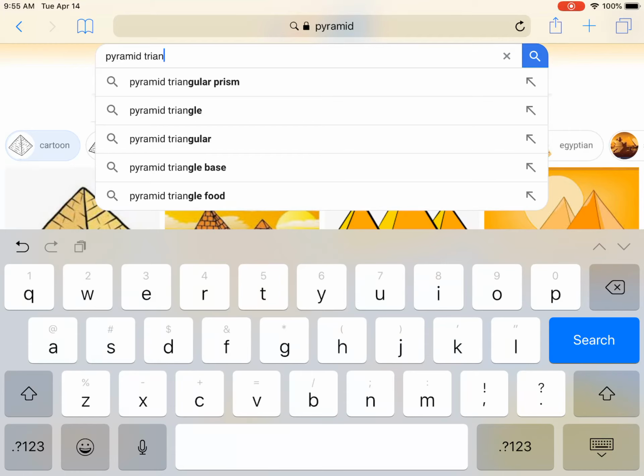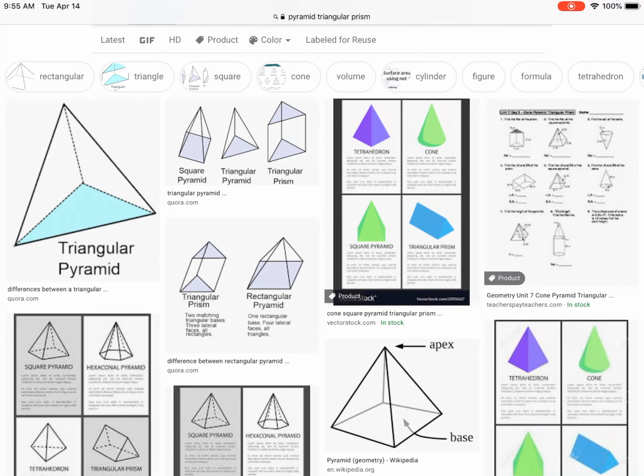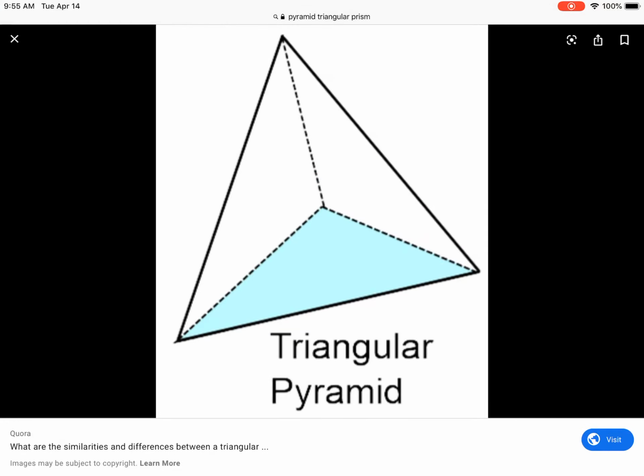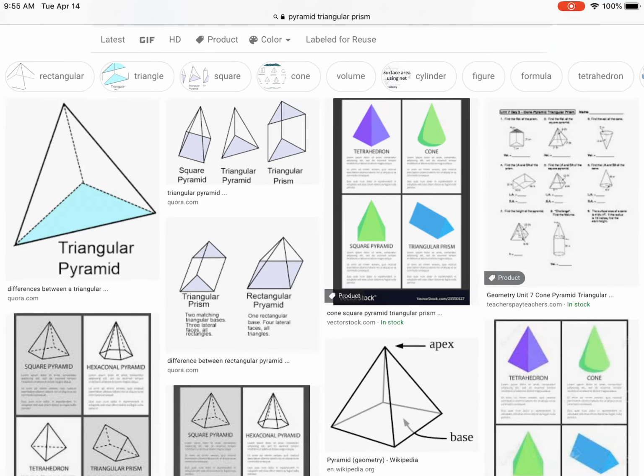So let's see, pyramid, triangular prism. Let's see what we got here. There we go. Here's one. This first picture right here, here's a triangular prism. Its base is a triangle. So pyramids can have a bunch of different bases. We're just used to seeing them with rectangles. Okay, so let's talk about what the actual